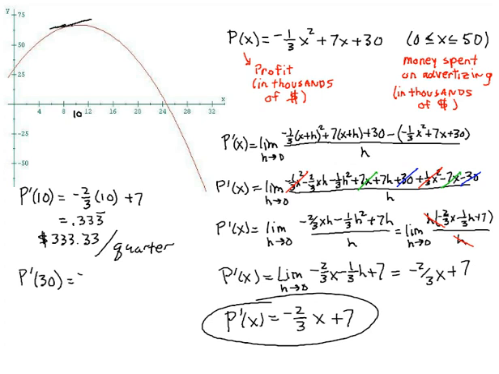So I've got a minus 2/3 times 30 plus 7, and with that, comes out to be a minus 13, or it is decreasing. We can interpret that negative as decreasing $13,000